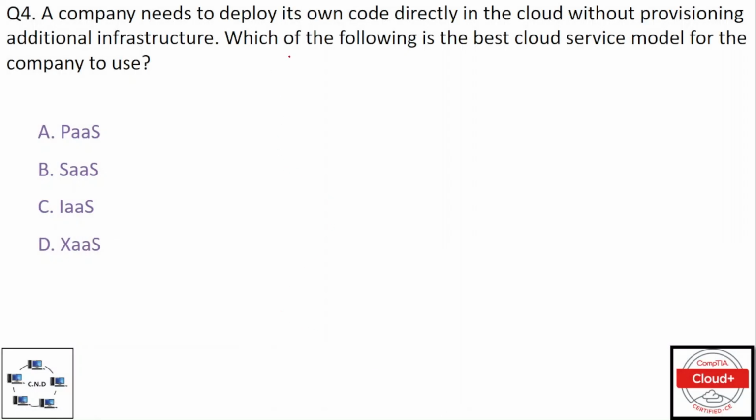Question number 4. A company needs to deploy its own code directly in the cloud without provisioning additional infrastructure. Which of the following is the best cloud service model for the company to use? And the options are option A, PaaS or platform as a service, option B, software as a service, option C, infrastructure as a service, and option D, anything as a service. And the correct option is